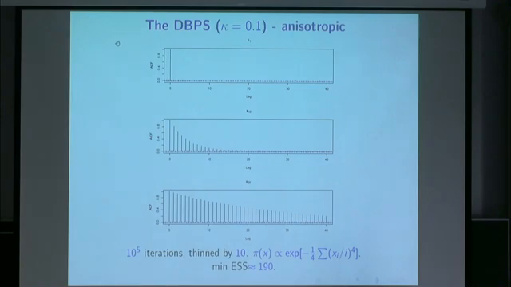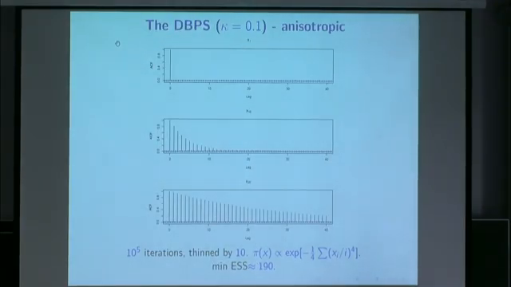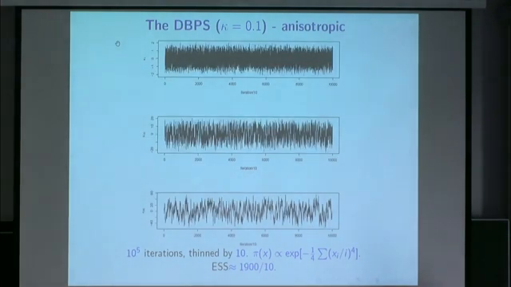So that was a simple scale parameter of 1. Now I'm thinking of some kind of cigar-shaped target, just a little bit more difficult. Oops. Oh, what have I done? Yeah. So I'm 25-dimensional. I've got a scale parameter of 25 in the 25th dimension, 24 in the 24th dimension, 1 in the 1st dimension. So it's an anisotropic target. And the worst effective sample size from the 10 to the 5 iterations was only 190. Random walk does much worse, I should say. And there's the trace plots. So you can see the 25th component isn't doing so well.